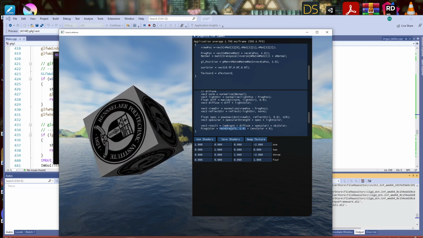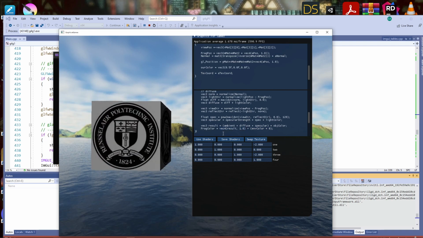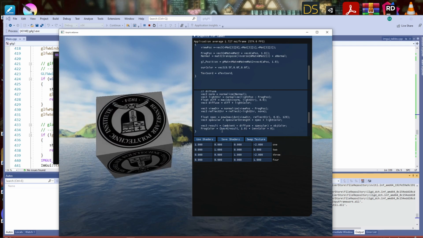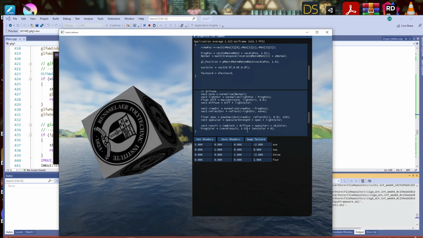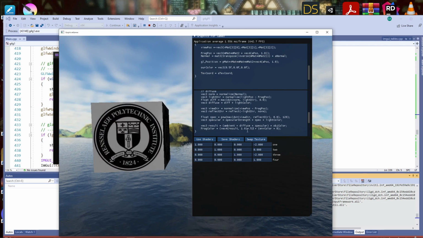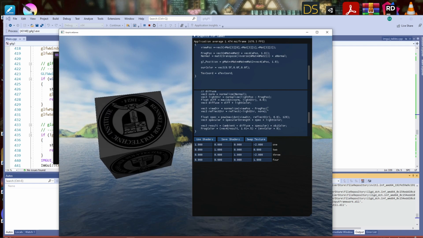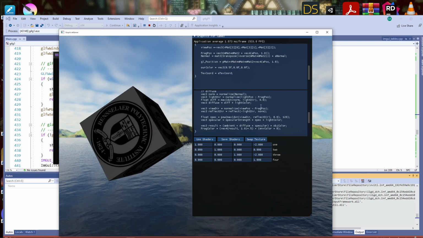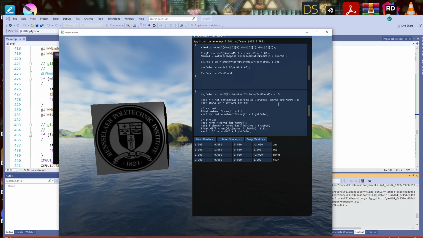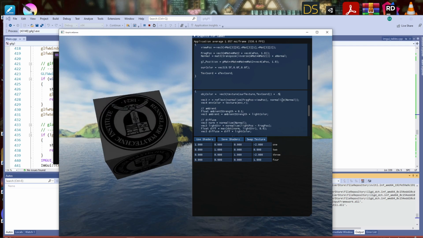And you can scale this. Maybe we scale this to be times 0.5. A little darker there. Take that out.